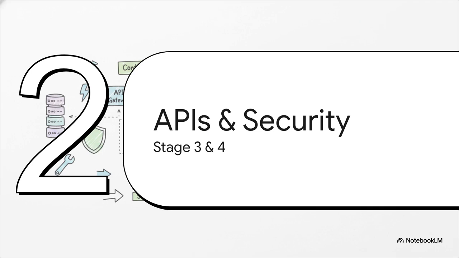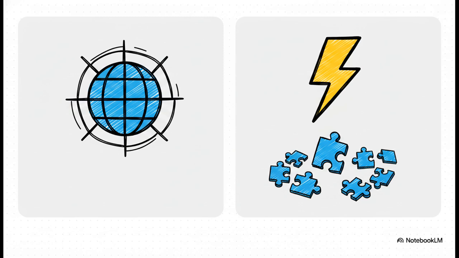Moving right along to Section 2, APIs, frameworks, and security. So how do we get all that persistent data over to the front end? We build APIs. And this actually brilliantly illustrates a huge architectural shift we're seeing right now. REST is still the stateless, super consistent industry standard, but GraphQL is this incredibly powerful modern alternative. It actually lets the client request the exact specific data it needs, which completely eliminates that painful latency you get